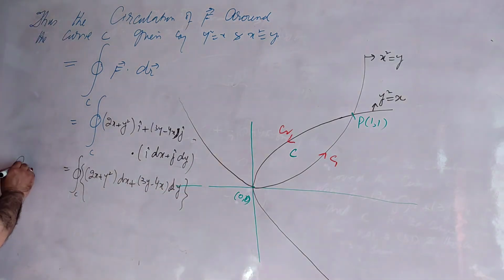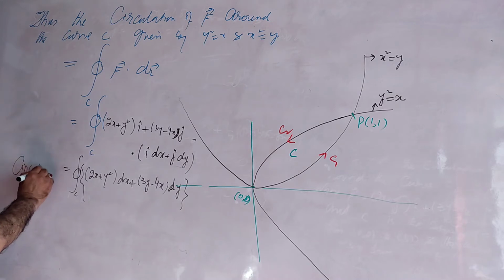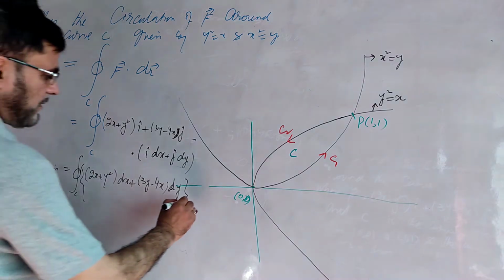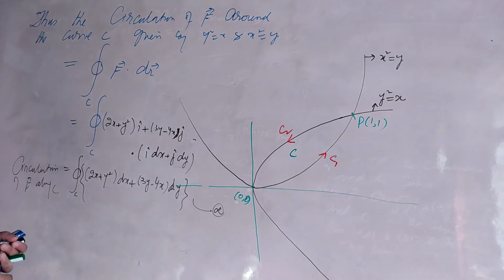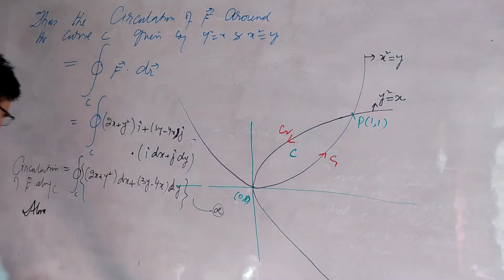This is the circulation of F along C. We name this alpha. Now we find out the first two parts separately. We have now along, or we can say in this way,